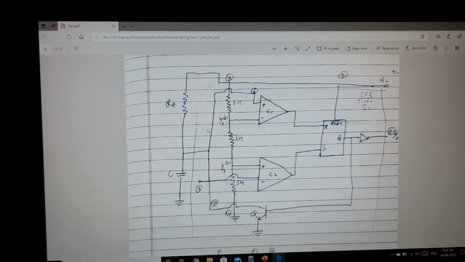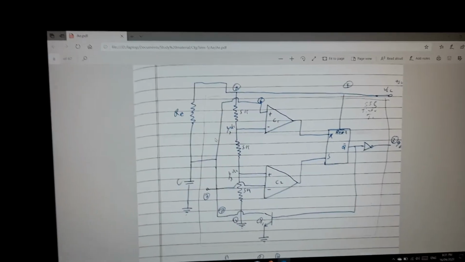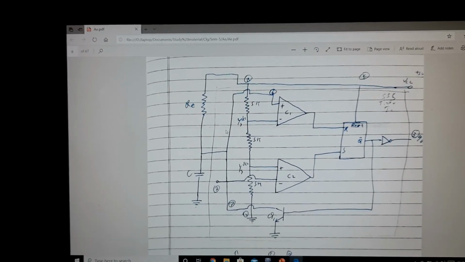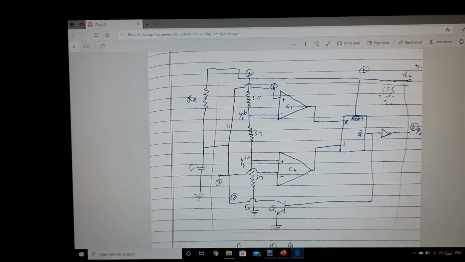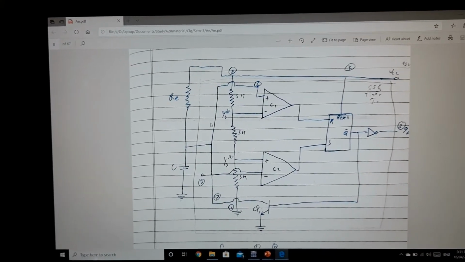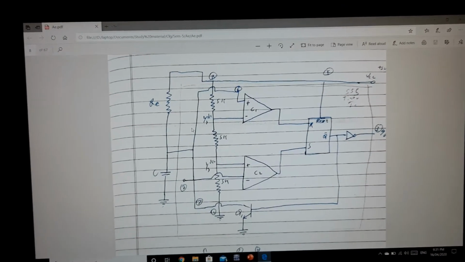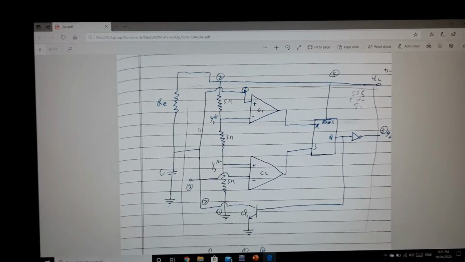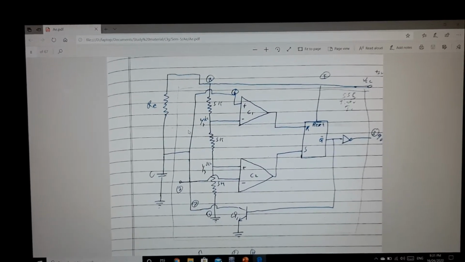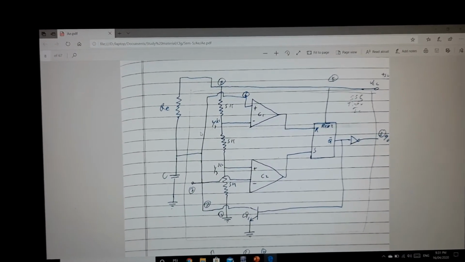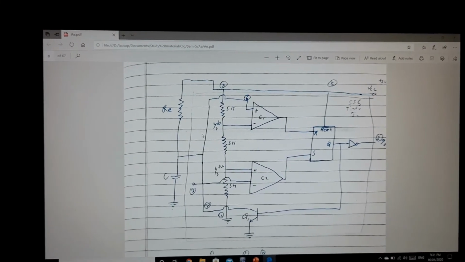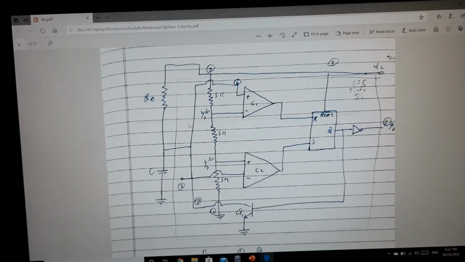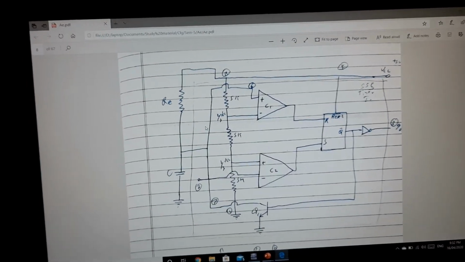So we have used that concept to vary the charging time of the capacitor, which will lead to a change in time of the output pulse, and ultimately it will lead to the pulse triggering of the triac, which will change the power delivered to our load. Like this we can achieve precise control over the power delivered to a load by using gate pulse triggering of the triac using a varied PWM.